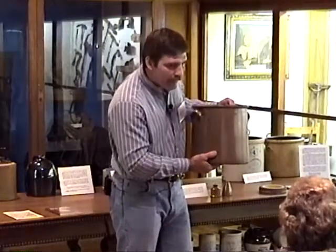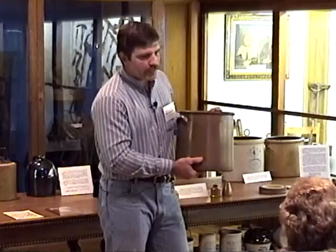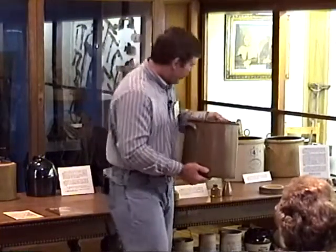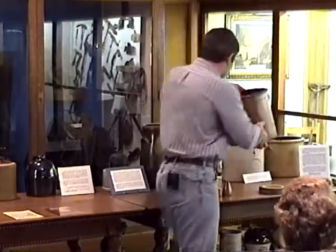Is that the true color of the clay? It's kind of deceiving because it's been fired. Once it's been fired in the kiln, it comes out a little bit different color. So that's what the original color, that's a little hard to tell. But when you have a hand-turned piece of stoneware, the giveaway, in other words, how you can tell you have a piece of hand-turned stoneware,